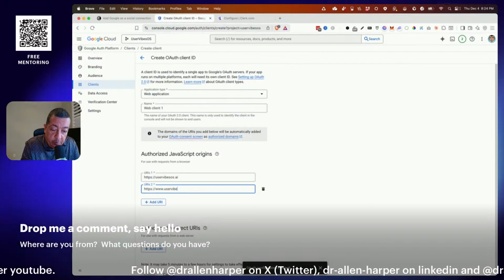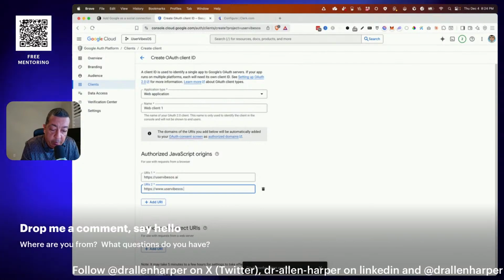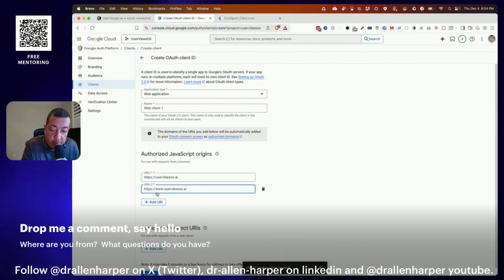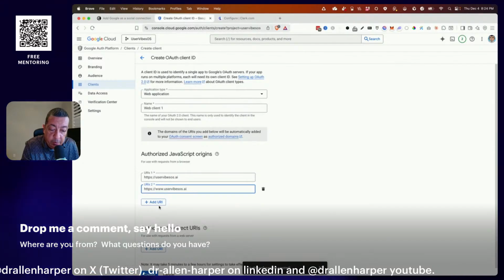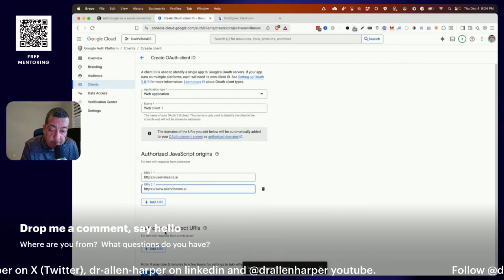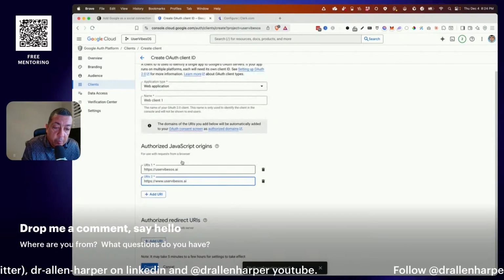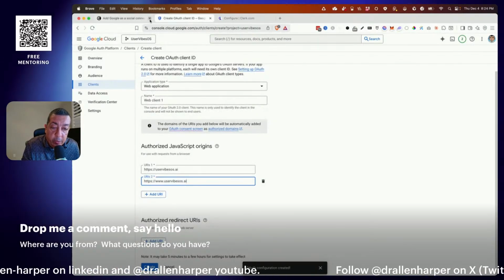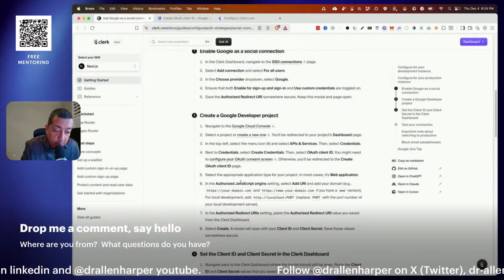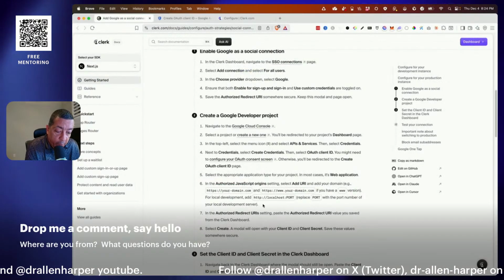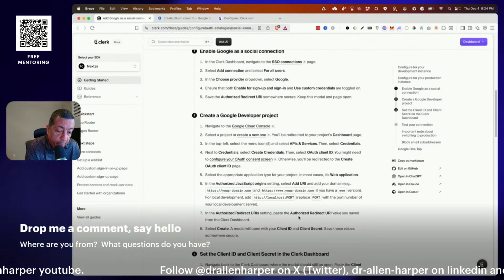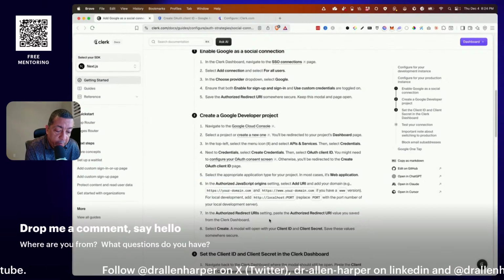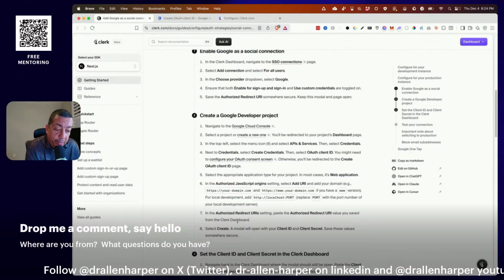User vibes, case doesn't matter here, .ai, but we want both the root and the www. Okay, we don't need any more. Okay, now we need an authorized redirect as well. And right here, it says for the authorized redirect, paste the authorized redirect value you save from the Clerk dashboard